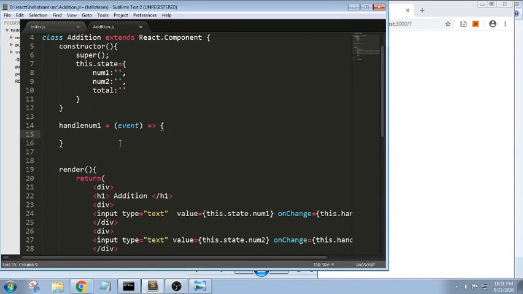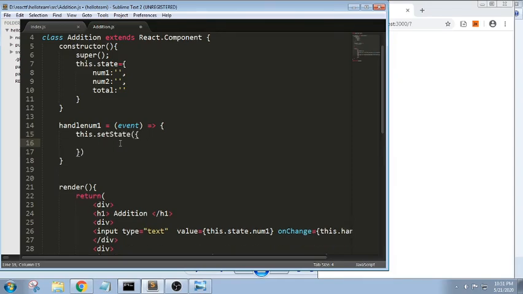Now in this we are trying to set the state for it. Set state. For this setting the state, we are trying to take num1, event dot target dot value.